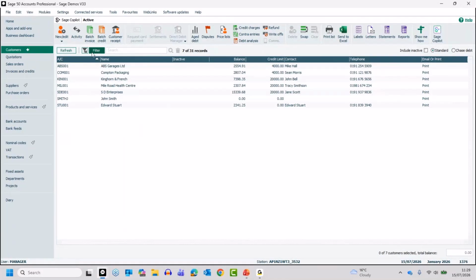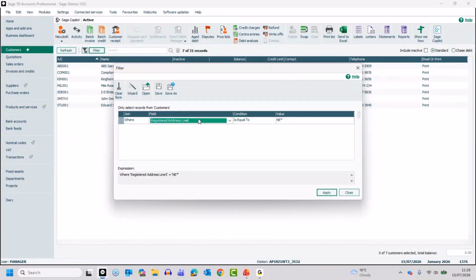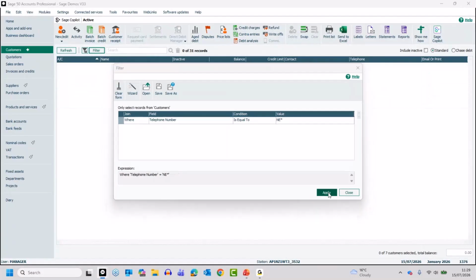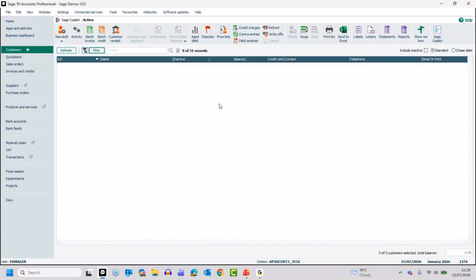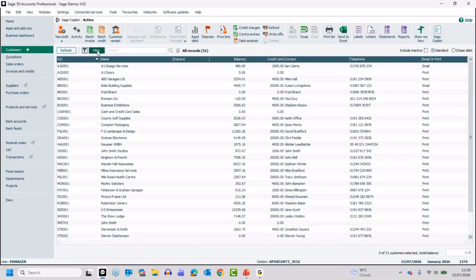I did it based on phone number as well. Might as well quickly show you that one. So I'll just change it to where telephone number is equal to. Now, if I forget to change something and click apply, obviously there's nothing in the background that meets that criteria, and it just says naught of 31 records. So it doesn't display anything. If I switch it back off, back to all records, back into filter,